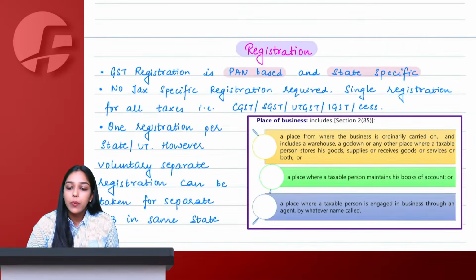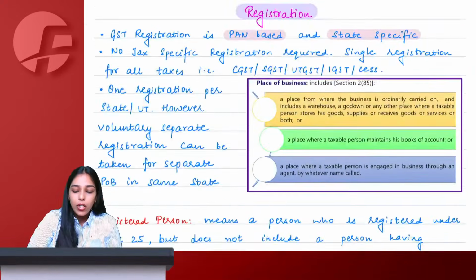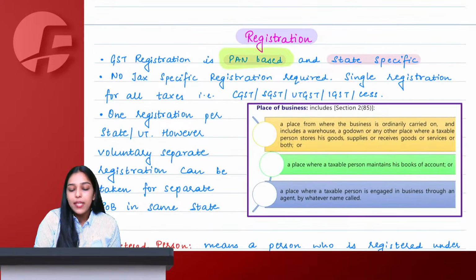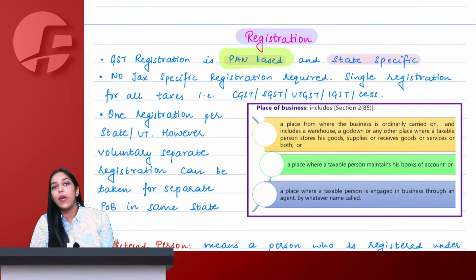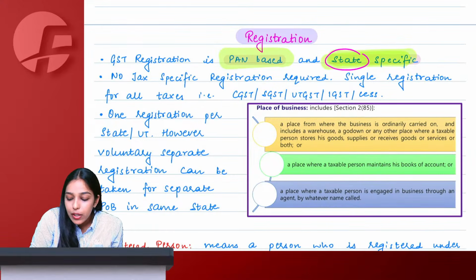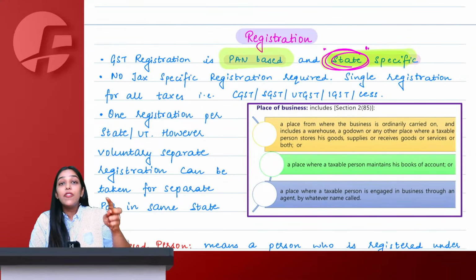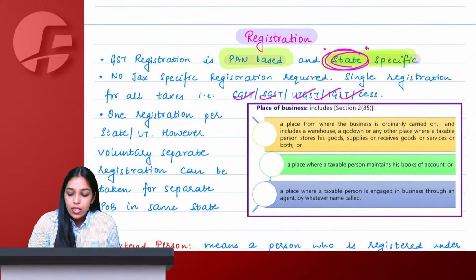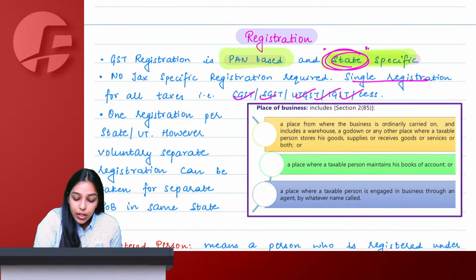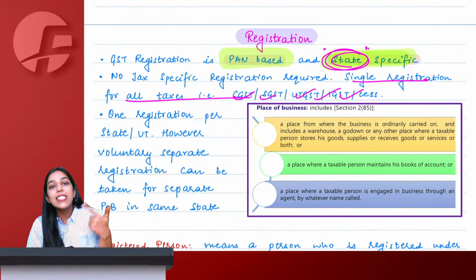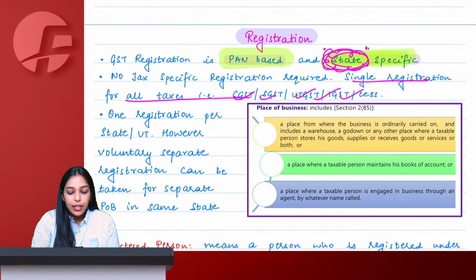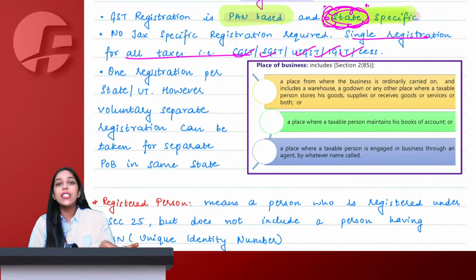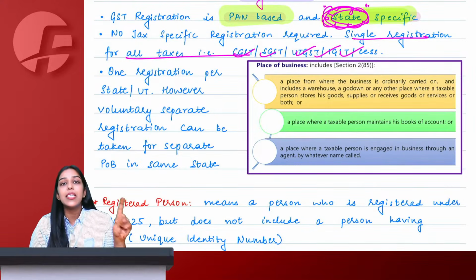Now, one by one, we start with every single section. Registration is PAN based. Of course, to take registration under GST, you need to have a PAN. For every state you will have to take a registration, not for every Act, because we have section 26, deemed registration. You take registration in only one Act and you are automatically registered in the CGST, SGST, IGST and all the Acts. So it is a single registration tax-wise, but for every state you will have to take a separate registration, for whichever state you have a place of business. In all of those states, one registration is compulsory.